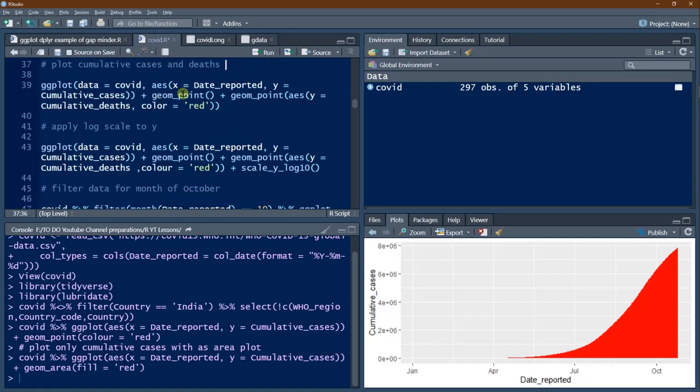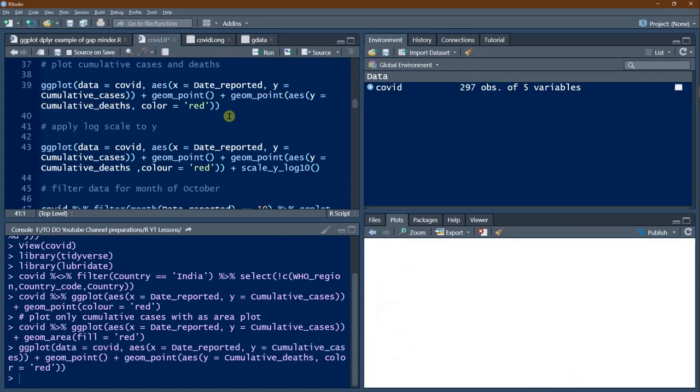So one is geom point and that is cumulative cases. Then we will add another geom point where we will say aesthetics, cumulative deaths, and color is red. So here we have to add one more y. Already reported y is here, then since another geom point is being added, that y variable we have to mention. So this will execute.